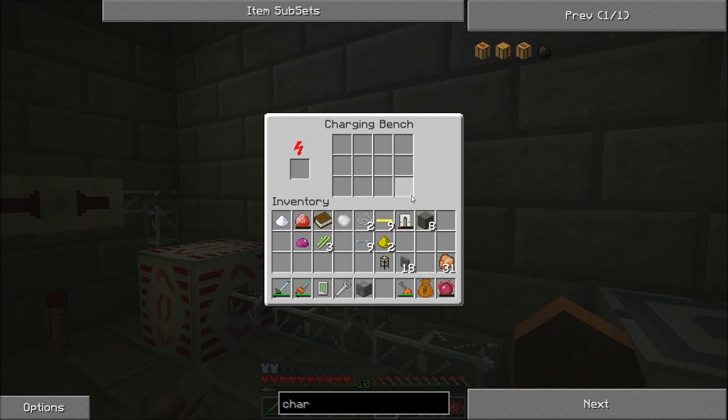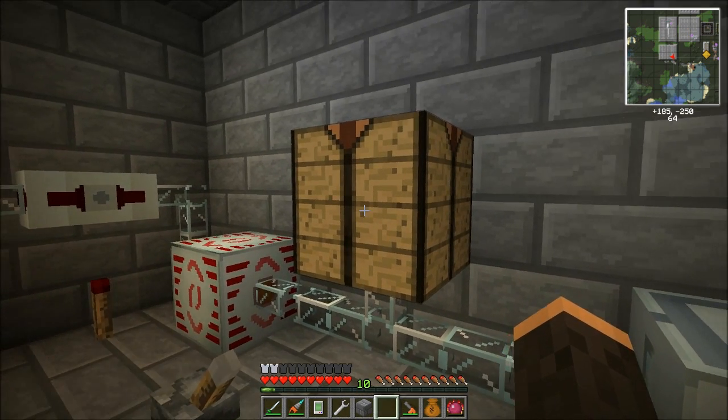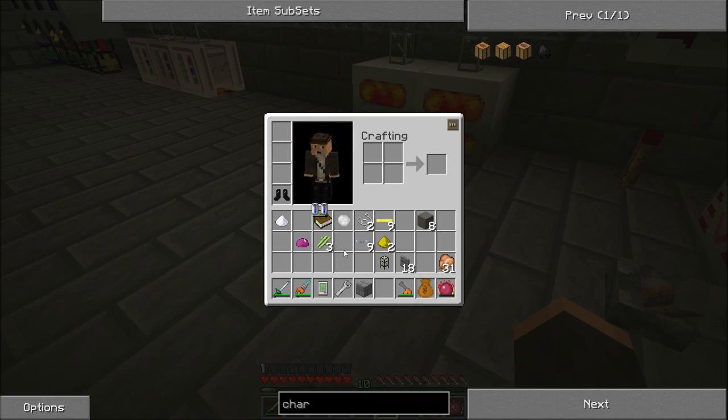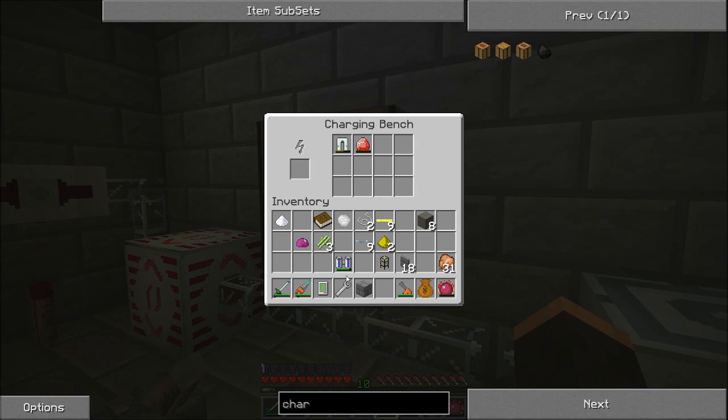And throw our leggings in. And just because I can, I think I'll go ahead and throw that in too. And let's check my backpack. It could use a little charge. Let's go ahead and throw it in too. Now the charging bench, basically the Mark III can charge anything, no matter what tier it is. And then the Mark II can charge the next step down, and then the Mark I can only charge things that can be charged by low voltage. So